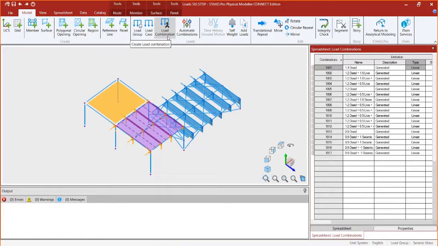Maybe, for whatever reason, the load combination generator doesn't have everything I need or I'm looking for. I want that custom ability, that manual option. I'm going to use load combination. Or I can go to my automatic combination area where the load category will be utilized in order to generate